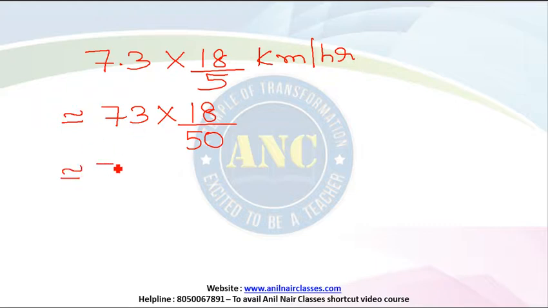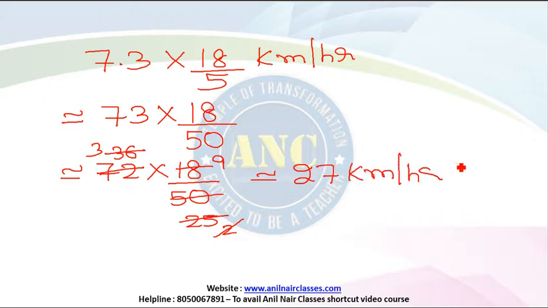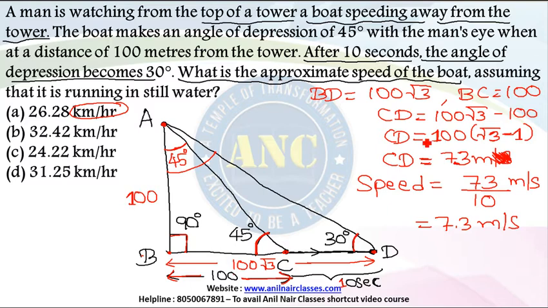Approximately, 73 can be written as 72. These are all approximations I am making. Divided by 50. 2 into 25, 2 into 36. Again, I will assume this 25 as 24. If I assume it as 24 approximately, 12 into 2, 12 into 3, 2 into 1, 2 into 9, 9 into 3. Approximately the answer should be 27 kilometers per hour, which from your answer options is nothing but